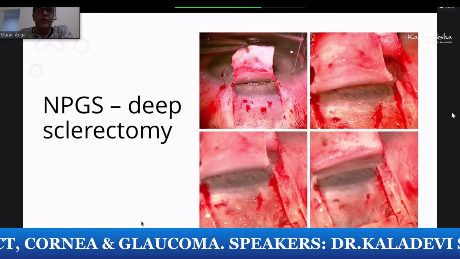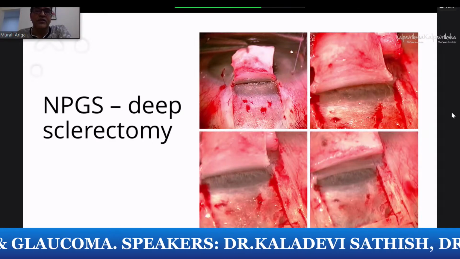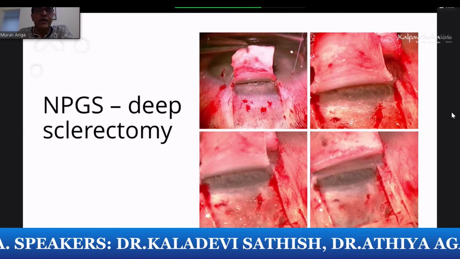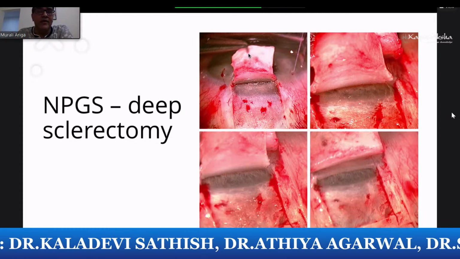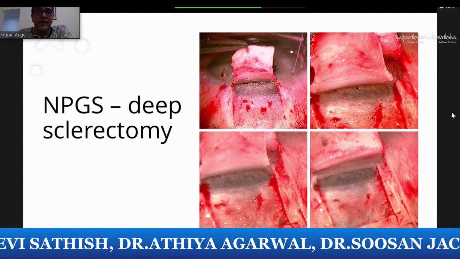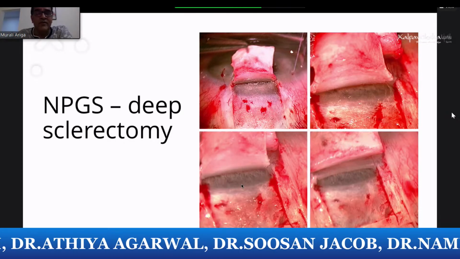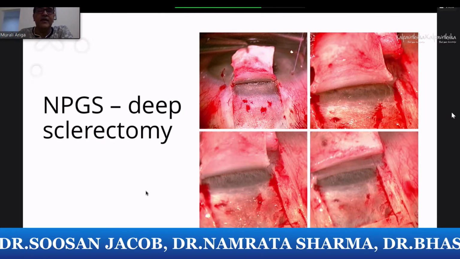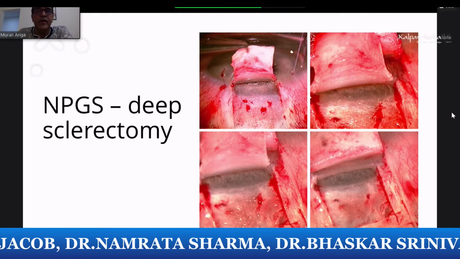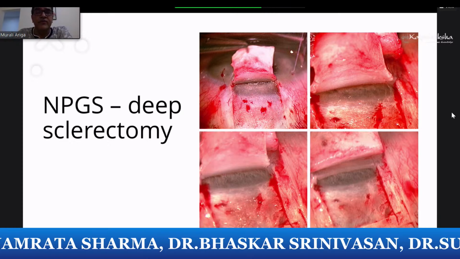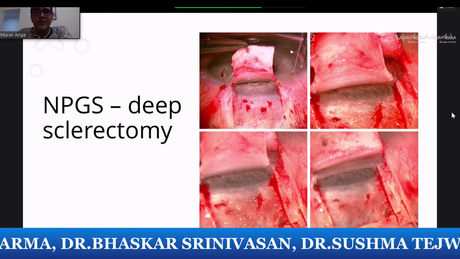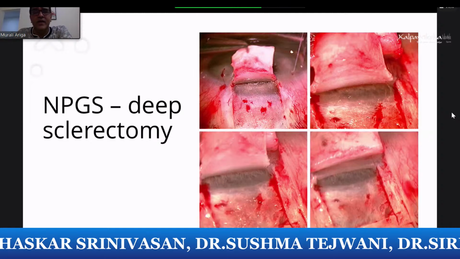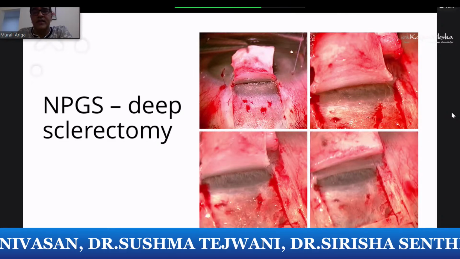This is for more coverage of knowledge of what has been done in the past. A deep sclerectomy involved first a superficial flap, then a deep flap, removal of the trabecular Descemet window, and then you excise the deep flap. This was how deep sclerectomy was done in the past. It is no longer popular now, but it used to be an option for people who didn't like to do filtration procedures, didn't like blebs.